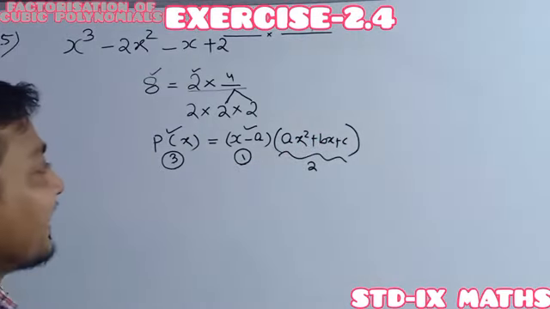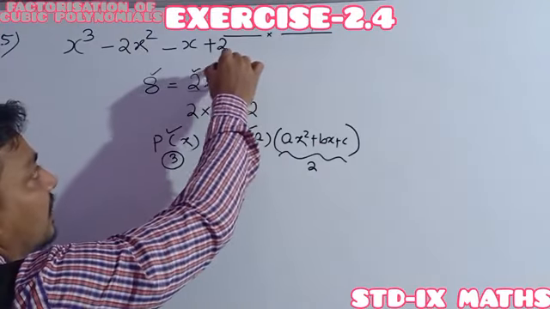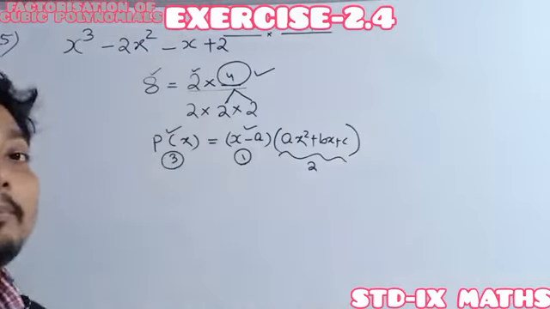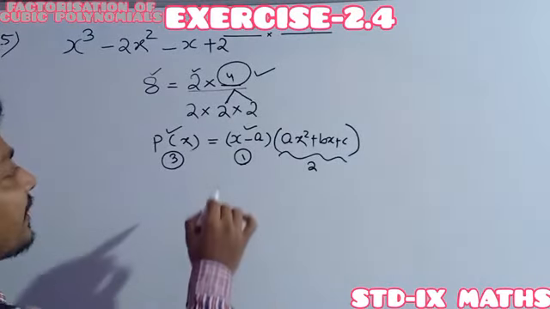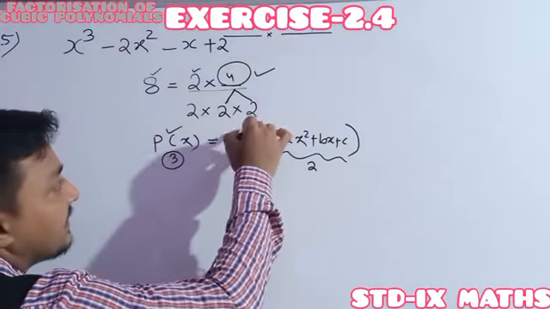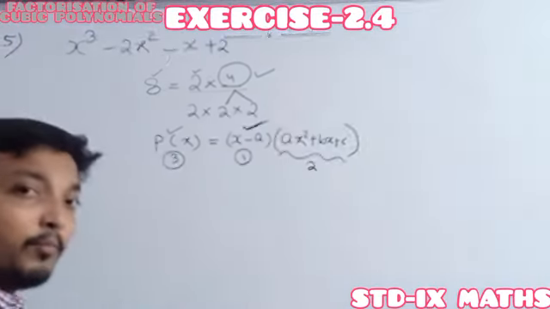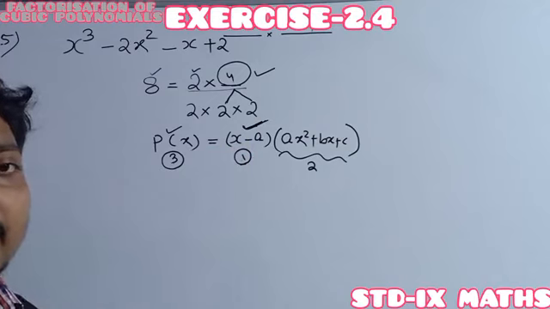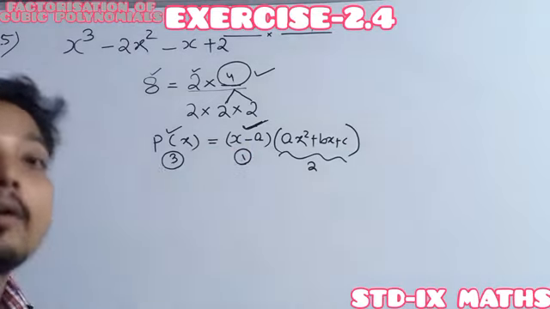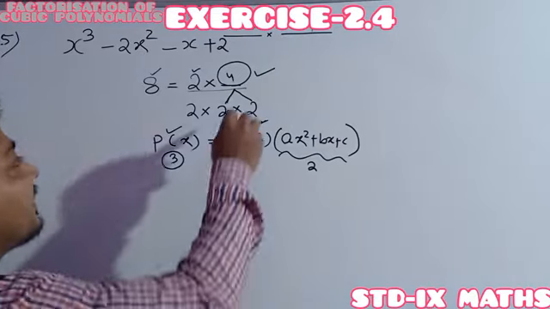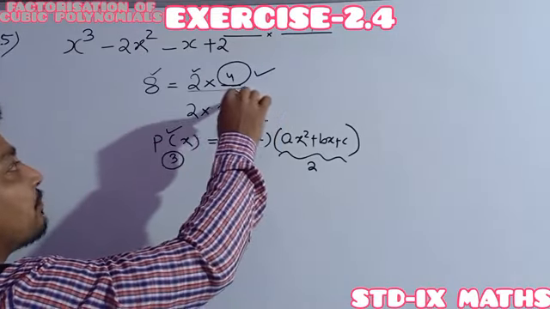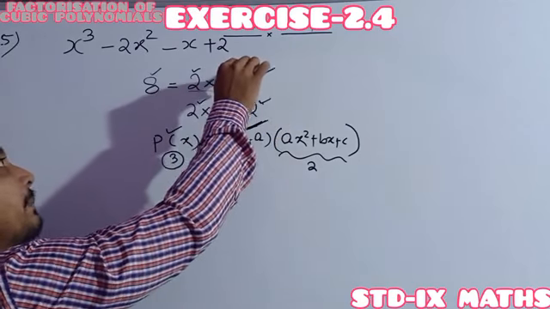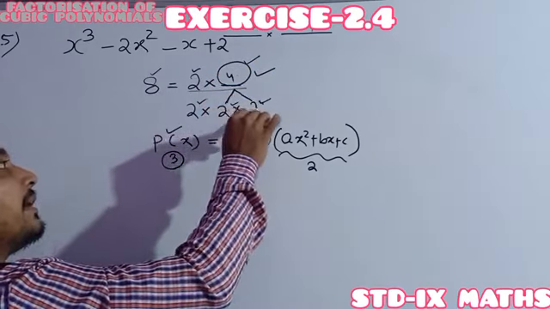Understood the format? Just like the previous one, it was not the prime factors, so we could not call this factorization the prime factorization. In the same way, when a factor cannot be reduced any more, we call it an irreducible factor. Irreducible factor means we cannot reduce it any more. Just like here, the prime is the simplest and cannot be reduced. Here it can be reduced to 2 into 2, but this number cannot be reduced.